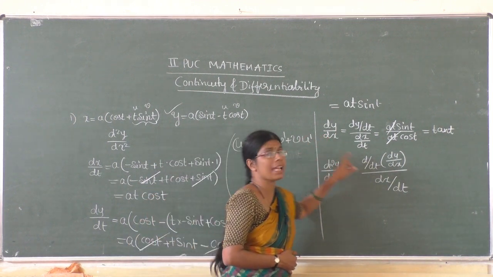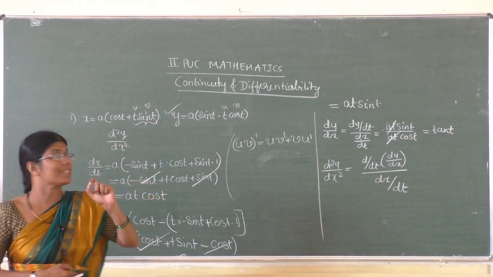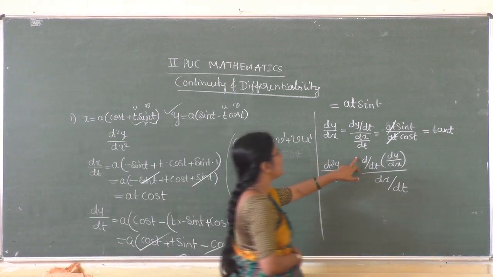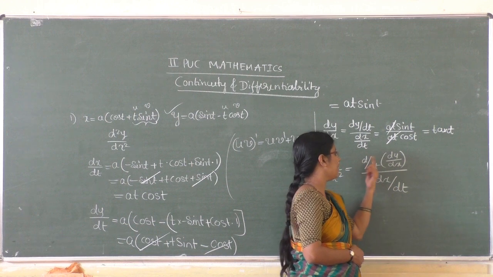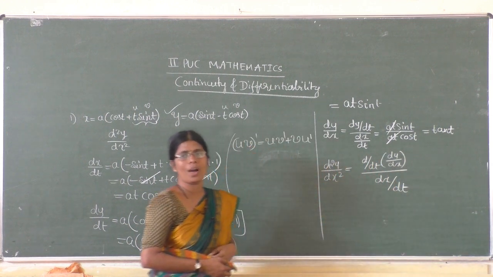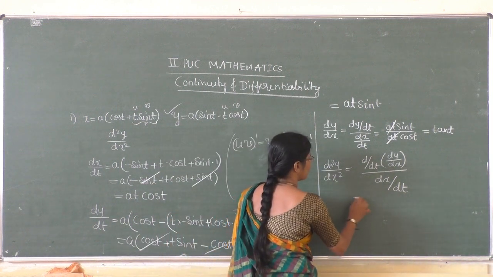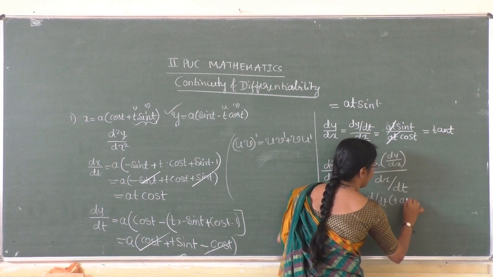So we have to differentiate that with respect to t first. d by dt of dy by dx and then dx by dt, the dt and dt cancel, and you get d square y by dx square. So this is equal to d by dt of tan t,